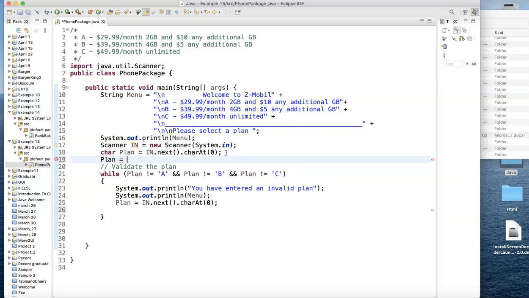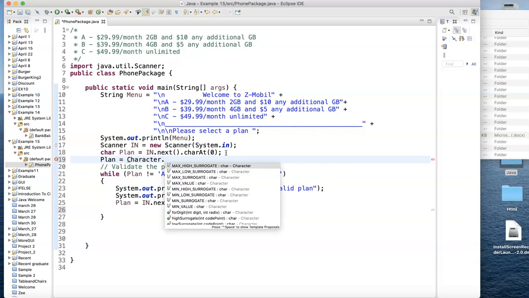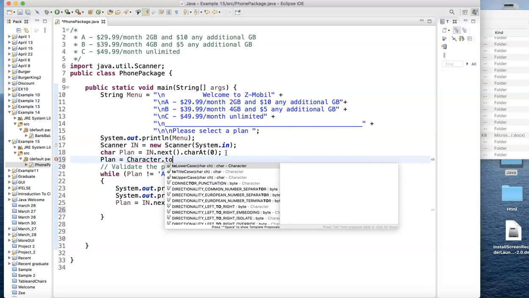equals. Now to change it, you have to write the command for it. It comes from a method called character. So character dot now to uppercase,